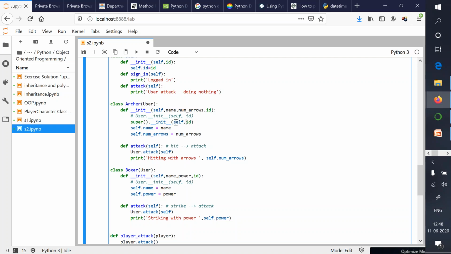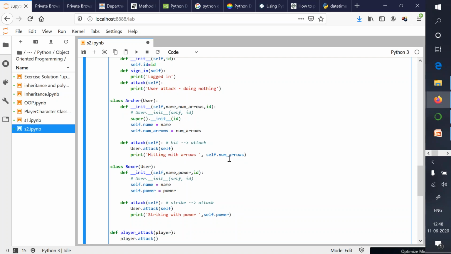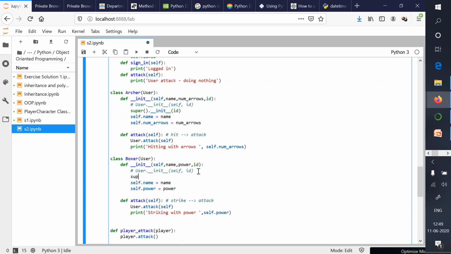There is no need to write it like self comma ID. Let's make this change in the Boxer class as well. Here we will write super().__init__ and ID.